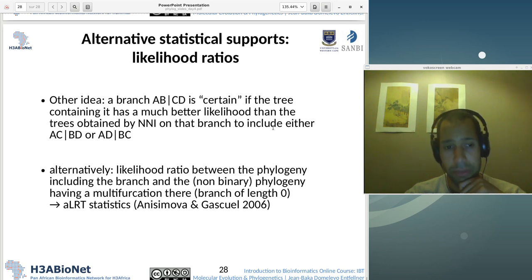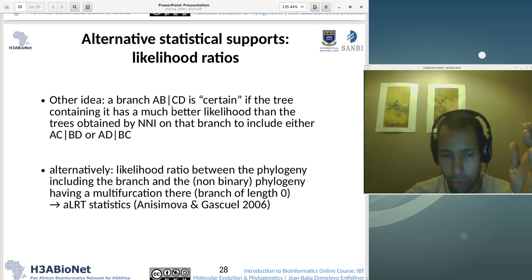So the trees being AC versus BD or AD versus BC. If the likelihood of this tree is significantly better than this and that,